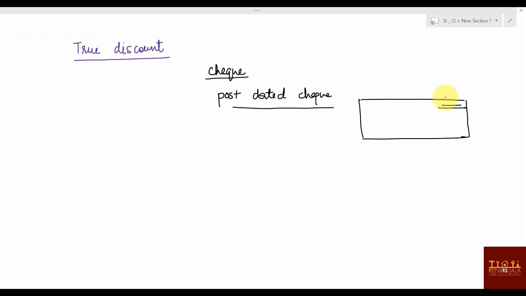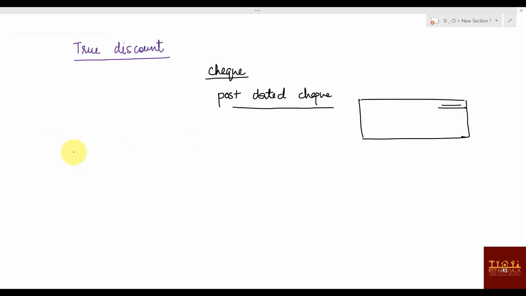I'll keep something like the 2nd or 3rd, so that when you go there on the 2nd or 3rd, you will get the money. Because now I have only 1,000 rupees, but I'm sure on the 31st I'll get my salary. Means there will be money in the account and you will be able to get the money. Understand this concept, what is a post-dated check.